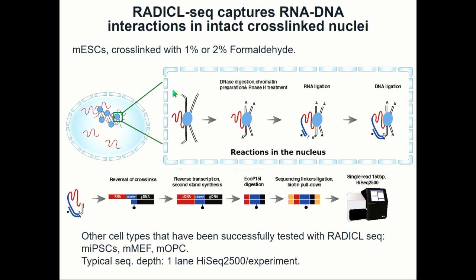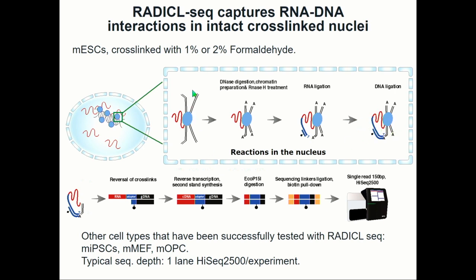Then we will cleave the long fragments of DNA with DNase 1 and digest the nascent RNA, those RNAs that have been transcribed actively in any part of the genome. We will digest with RNase H, and then we will put in this linker. This is the key part of the technology. This linker is very specific because on one side it ligates RNA with T4 RNA ligase 2, and the other side ligates double-stranded DNA, and here it ligates only the genomic DNA. After we obtain this